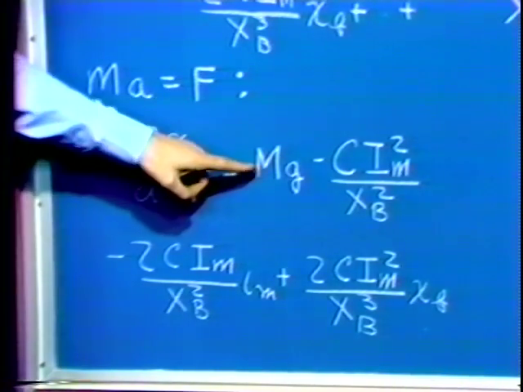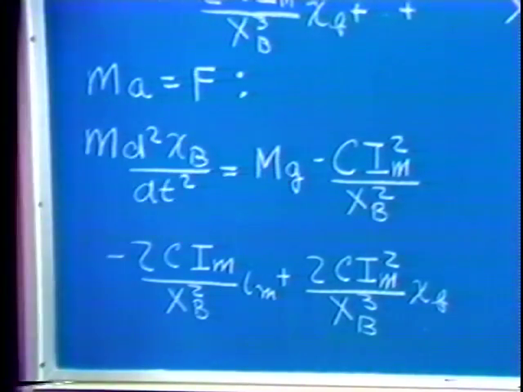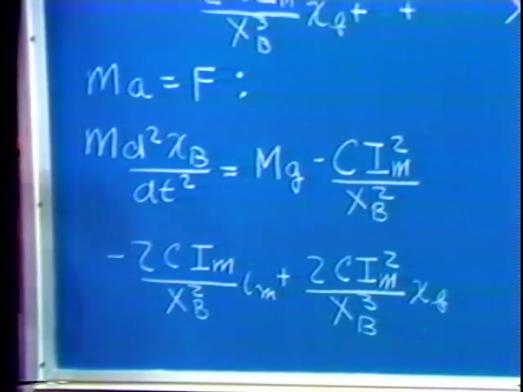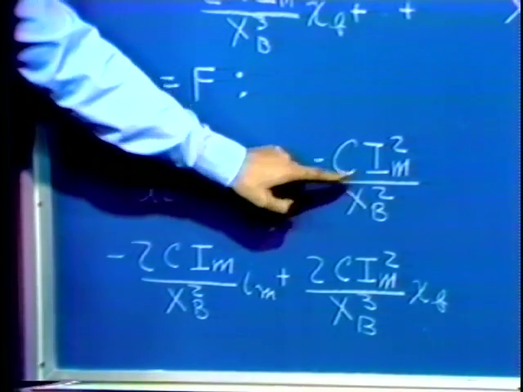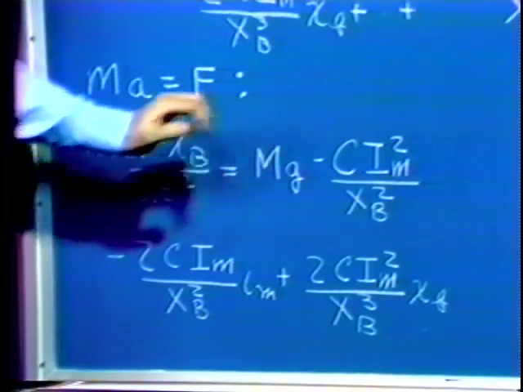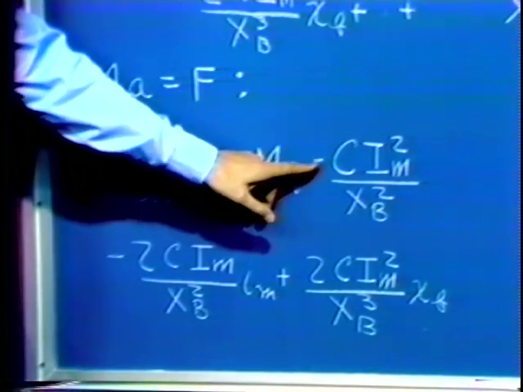Well, mg, the mass of the ball times the acceleration of gravity, acts in a direction to increase x sub b. It accelerates the ball downward. So that comes in with a plus sign. That's the force due to gravity. And the magnetic force acts to restore the ball, so we get the negative of